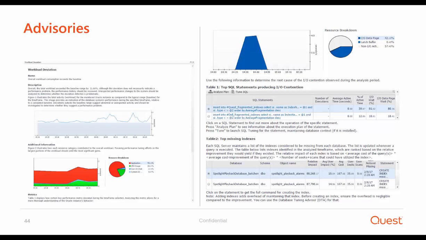In this case, we can see the workload deviation baseline that shows you that there was an increased activity of the workload, and that caused a deviation in the expected baseline range. And also we can see the top SQL statement which caused IO activity and how you can address the problem and basically speed up the entire database performance by creating the indexes which are missing. We also provide you the command to execute in order to create the index. So this is one example of an advisory, but as mentioned, the product features various advisories that you can use in order to improve the database performance.